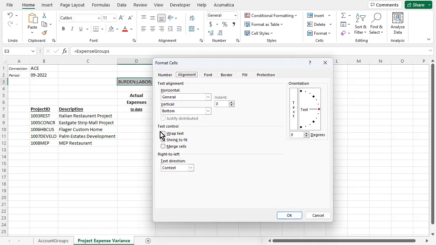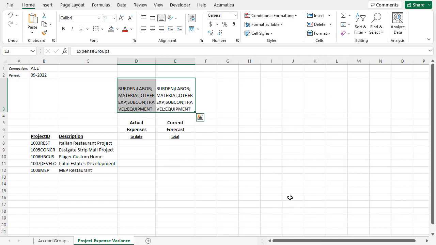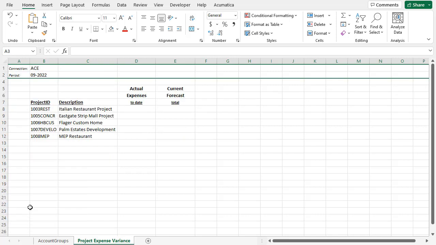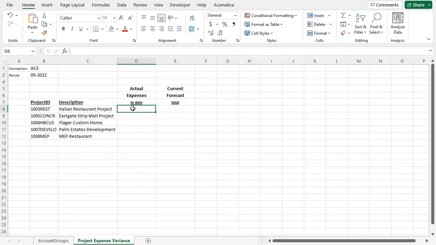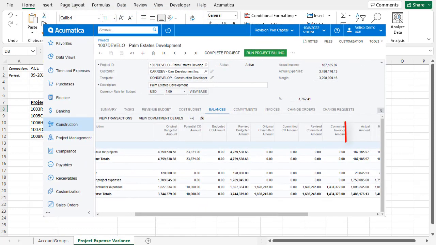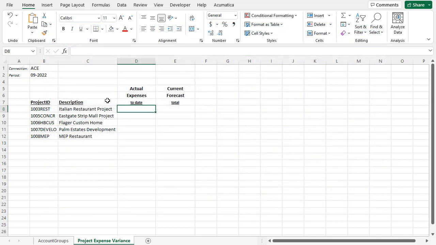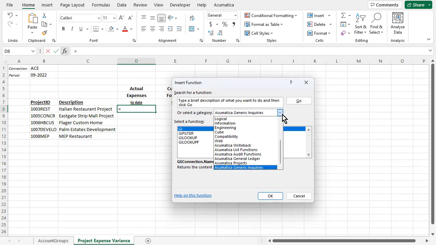Let's format the cells by turning on wrap text. Now that we know that information is there, we don't need to see it, so let's hide that row. Now we're ready to retrieve data from our ERP. To get actual amounts from our ERP, our actual expense column will use the Velixel project ending amount function. Let's use the Excel function wizard. We'll select the projects category,